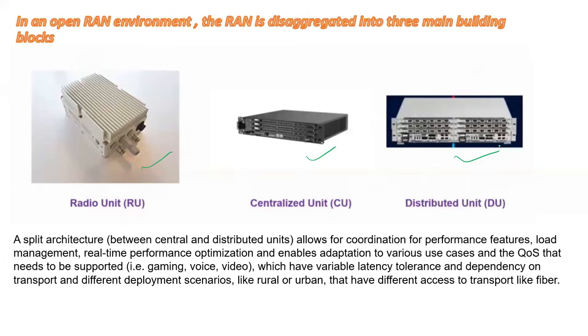And then it has many other advantages, like we can have efficient load management, real-time performance optimization, and QoS, right? Gaming, video, all these functions can be possible only if the gNB is split into the CU and the DU, right? So some functions can be in the CU and some functions can be in the DU. Where latency is the most important, those layers can be near the site, but the non-real-time functions can be near the centralized unit.